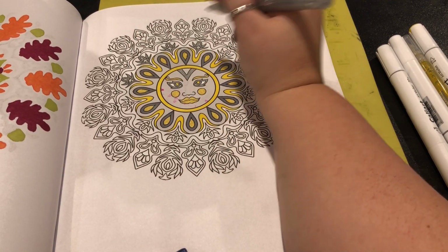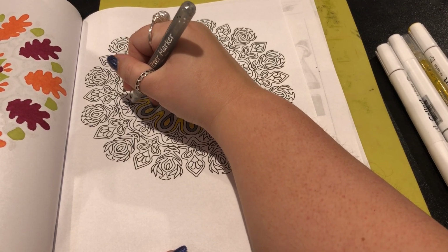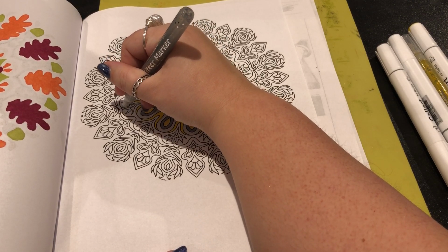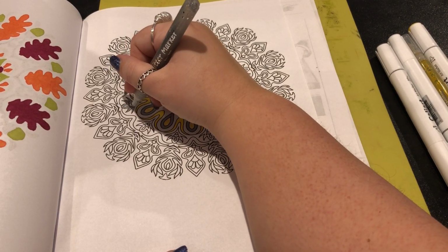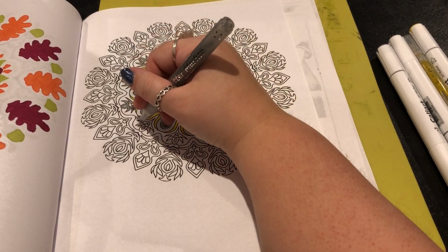And again, those Ohuhu pastels are intriguing, but I think it's like $42 for 48 markers or something. I'm like, meh. I'm really hoping the 180 set of Cali Art comes out soon. I might email them again, because when I had emailed them previously, they said that the 180 set would come